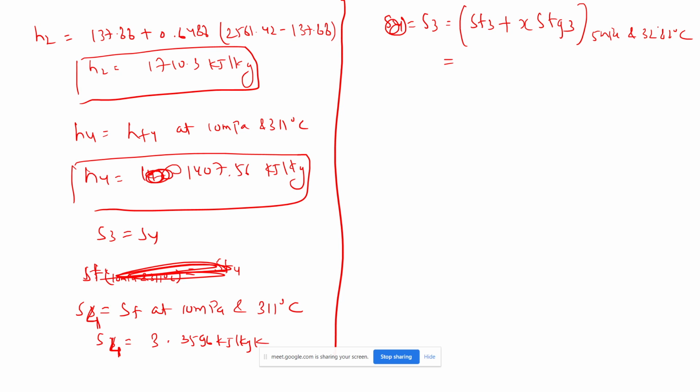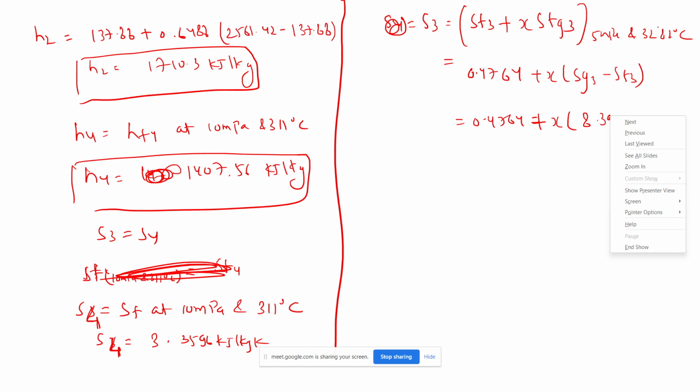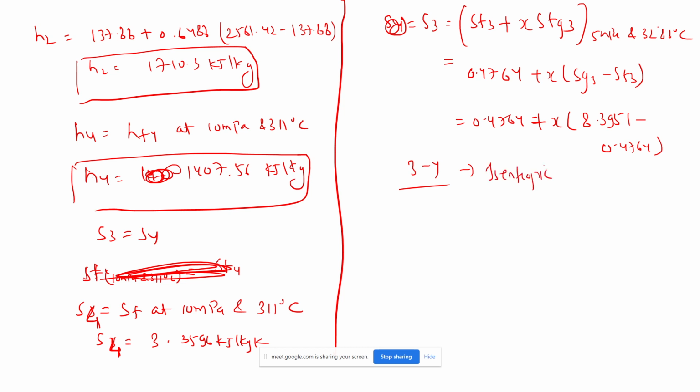So what will be the value of SF3 at a pressure of 5 megapascal? 0.4764 plus X into the difference of SG3 minus SF3, which is 0.4764 plus X into 8.3951 minus 0.4764. Now, because process 3 to 4 is isentropic compression,